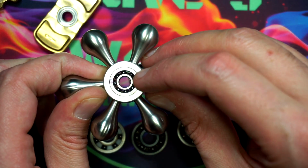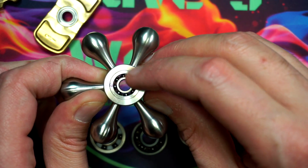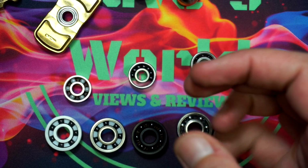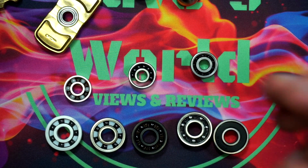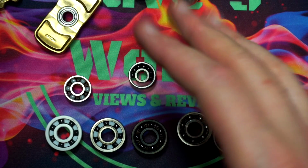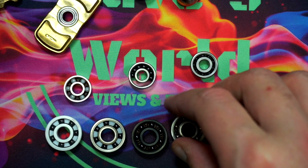Now this one has a metal inner and outer ring, a plastic race, and then 8 stainless steel balls inside of it. So there's not a universal combination. It depends on the company and everything. And one of the things I want to go through in part of the series is showing you guys how to basically polish the inside of here,